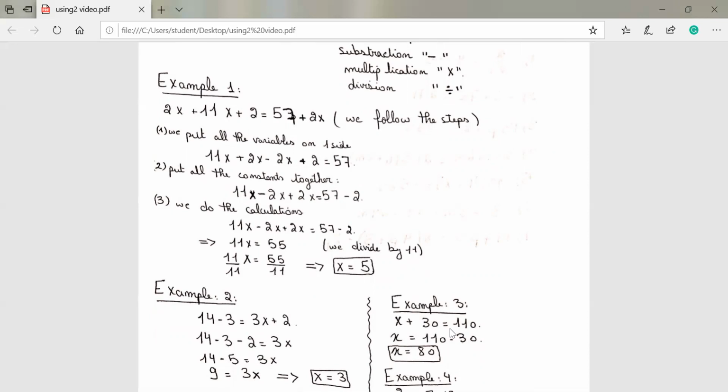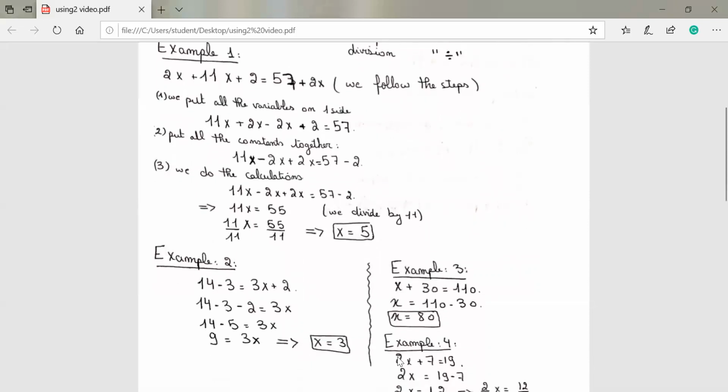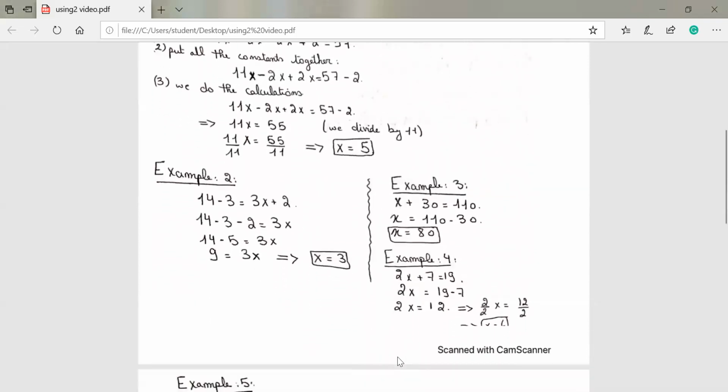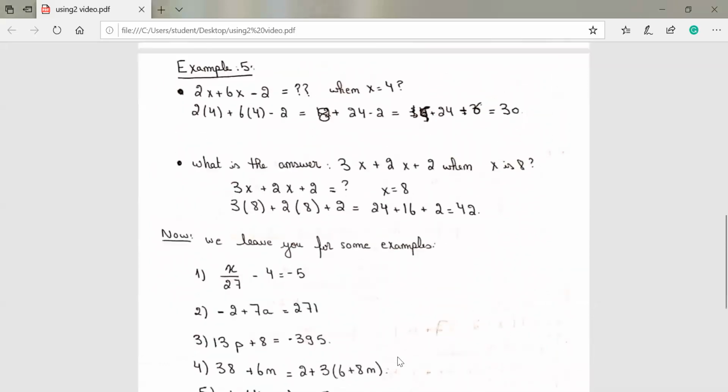Here we already have x only, so we move directly onto our second step, which is putting all the constants and numbers on a different side, which we're going to have 110 minus 30. 110 minus 30 gives us 80, and you already have x, so x is 80. I have one example that's solved for you. So I'm going to move into